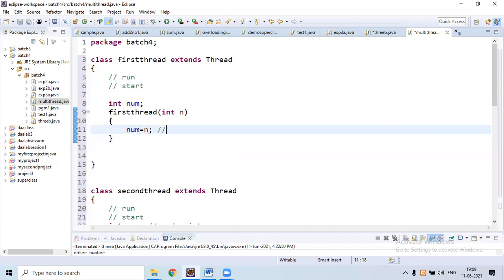So this represents the number of random numbers to be generated.